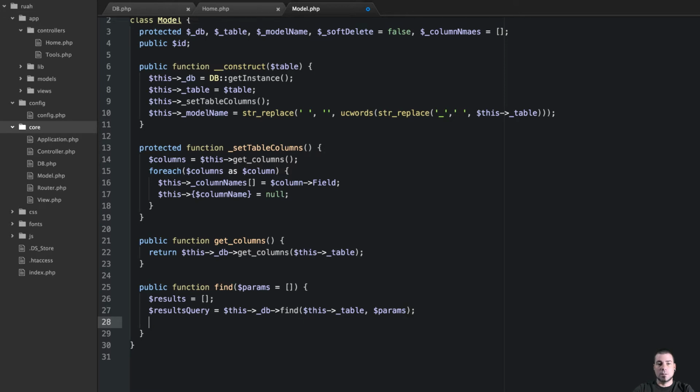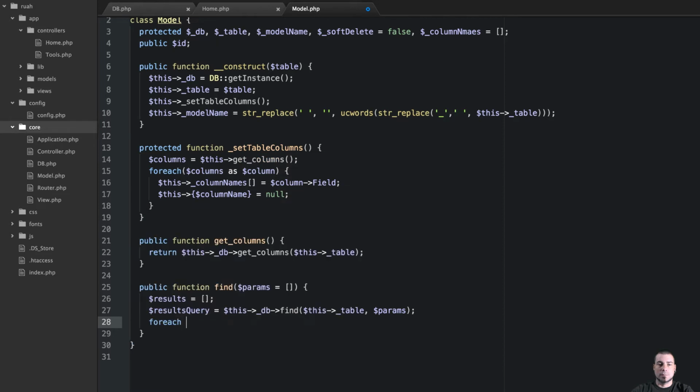And then what we're going to do is loop through these results, and we're going to create a new object and then return an array of objects that are all instantiated from this model. Okay, so I know that sounds a little weird, but it's kind of up to you. I don't know how most really advanced developers would see what I'm doing here, but in my mind, other ORMs, which we're not going to do the relation part of this, but other frameworks pass back for each result an object that has available to it all of the methods on the object. So I kind of want to mimic that, and the way that I thought to do that was we'll do